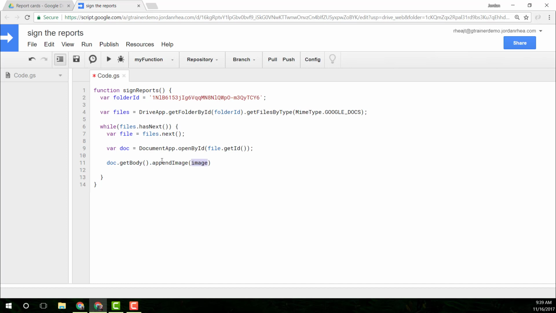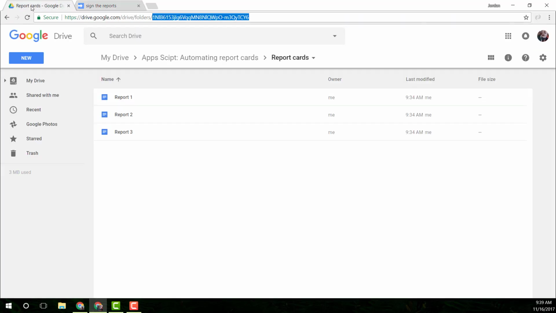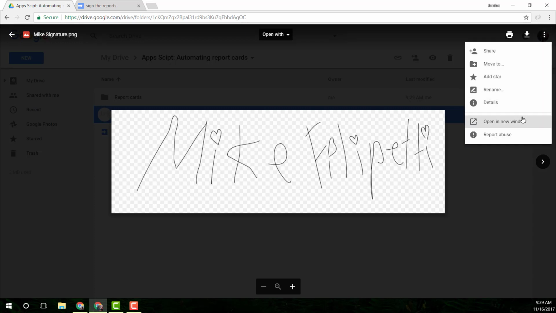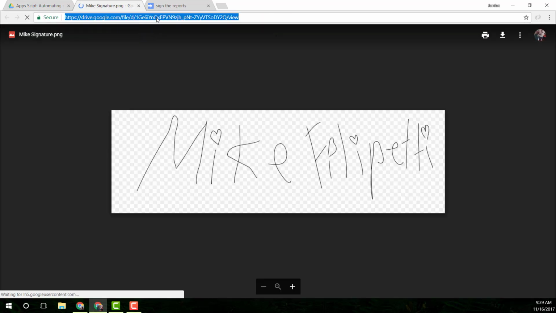and that should work there, but we actually got to get this image. How do we get the image? Good question. Let's get the ID. Where is our image? Here we go. How do I get this image ID? Let's see. Opens a new window. There we go. I think this tells me the ID. I think this will work as the ID here. So you actually have to get the image ID. I'm not super